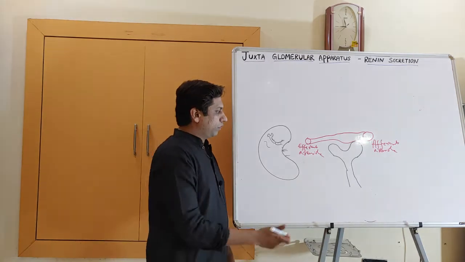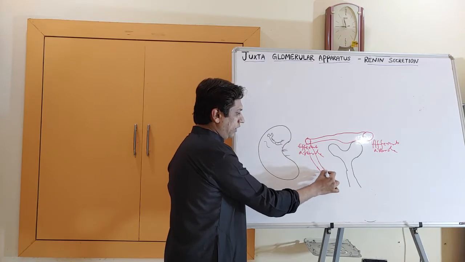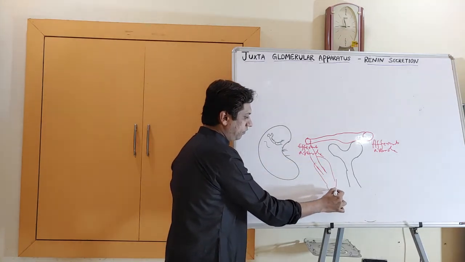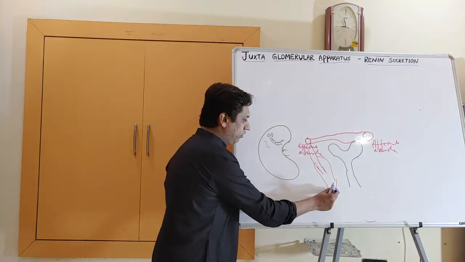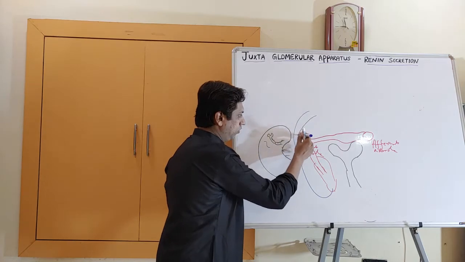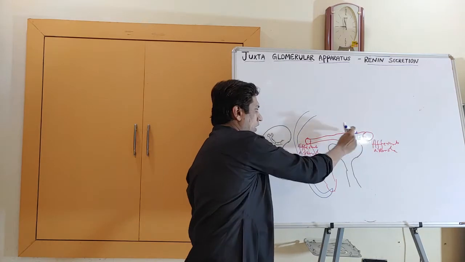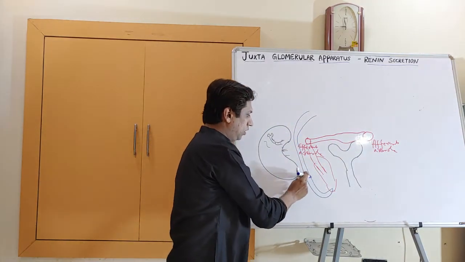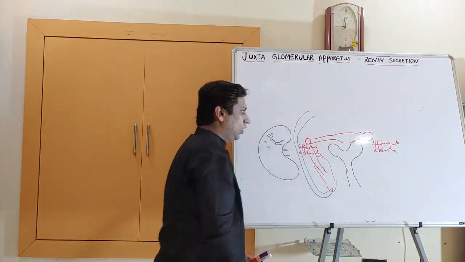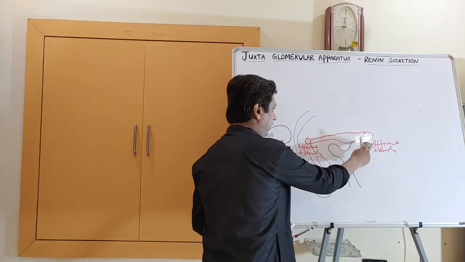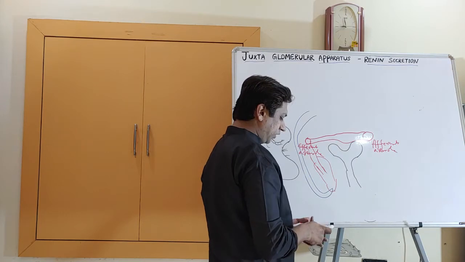From this efferent arteriole, it will continue as the peritubular capillaries, then from the peritubular capillaries it will reach the venous system and lead to the circulation. The blood enters the kidney by the renal artery and gets filtered, and finally the blood goes back to the circulation, and the filtered part is excreted as urine. So this is the afferent arteriole, this is the efferent arteriole, then this is the Bowman's capsule. Then we have the tubular structures.